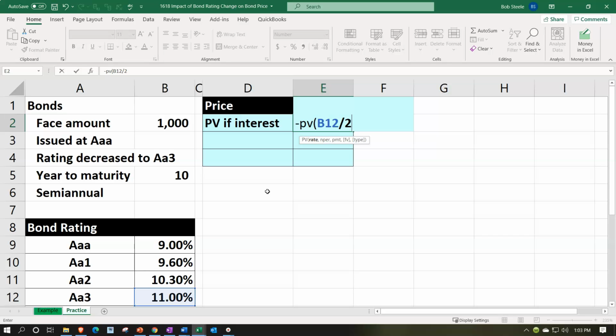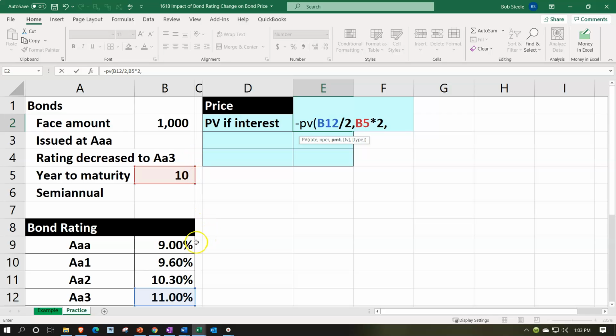Yearly rates are going to be something that we can talk about easily without having very small numbers. That's the convention. So if we want to apply a rate to something other than a year, we have to make sure that we do that by dividing it by 2 in this case for a 6-month time period. Number of periods, we're going to say would be 10 if it were yearly, but it's semi-annual, therefore times 2, there'd be 20 of them, comma, and then the payment would be the 1,000 times the rate on the